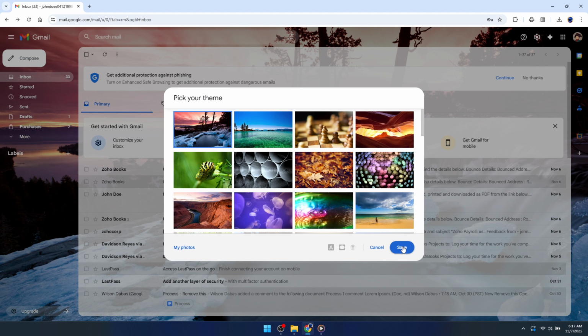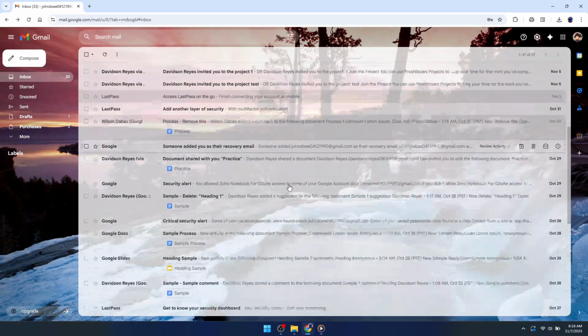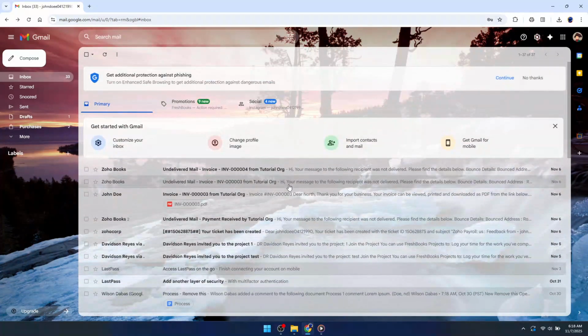And there you have it, a simple way to bring a bit of your world into your Gmail interface. Whether you choose a serene landscape, a memorable family photo, or a snapshot of your favorite pet, adding your own picture as a Gmail background not only enhances the look, but also makes your email